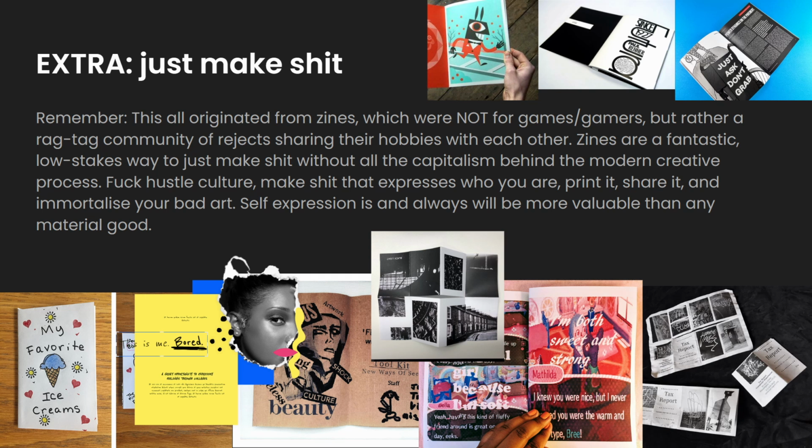I also want to reiterate that making a print and play game isn't any less than making a video game or a mobile game or a board game. Just make stuff, make it, print it, share it, whatever. Especially because this is so low stakes. It's a great way to express who you are. No finances involved. Let's do it.